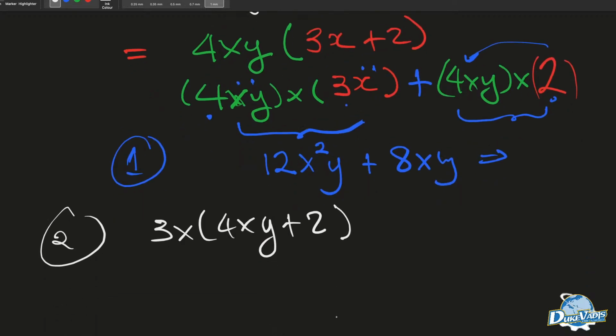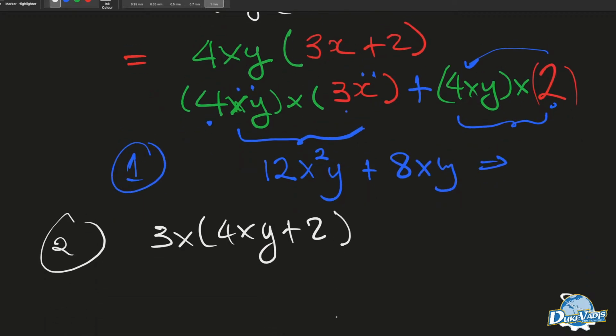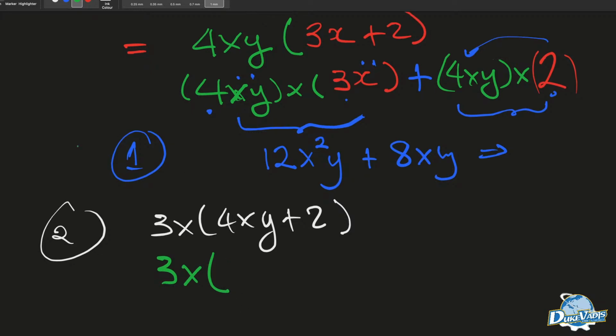So what do I do? I'm going to do the same thing. I've got my 3x out, then I have 4xy plus 2. So if I do expansion once again,